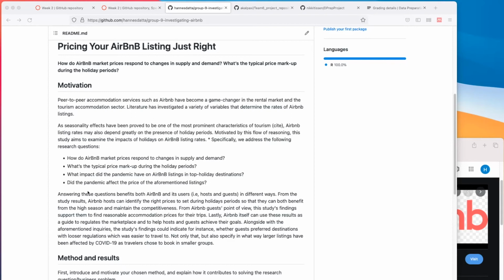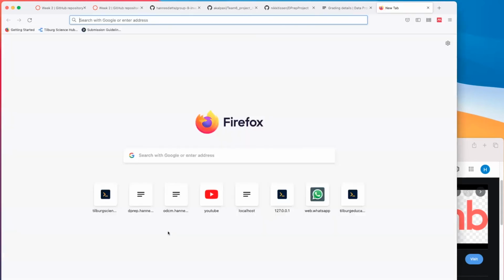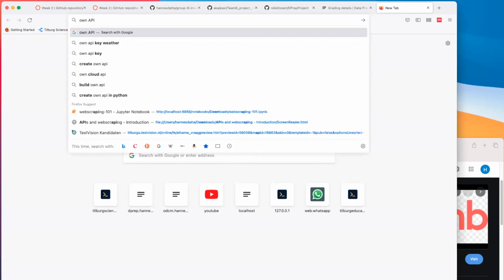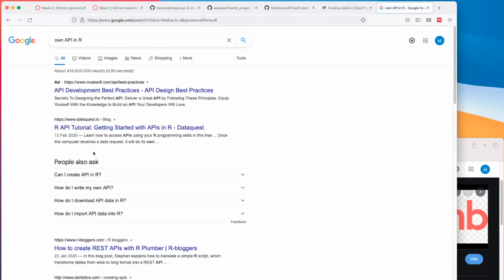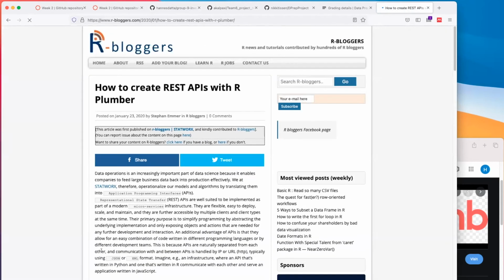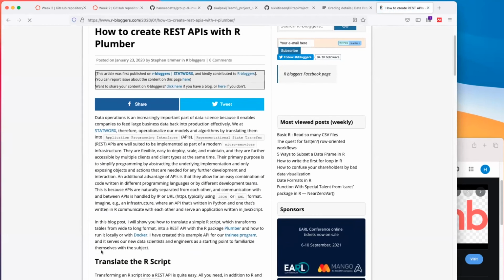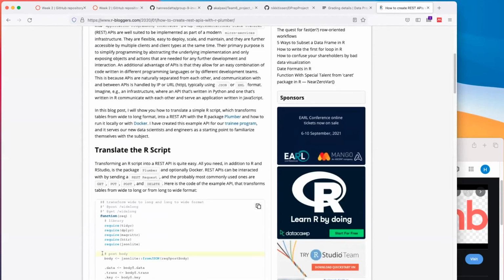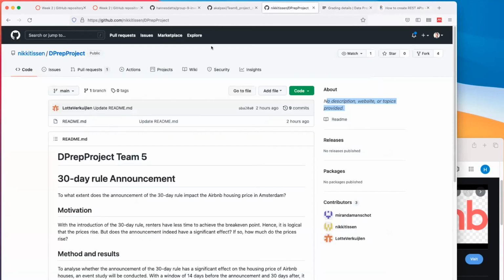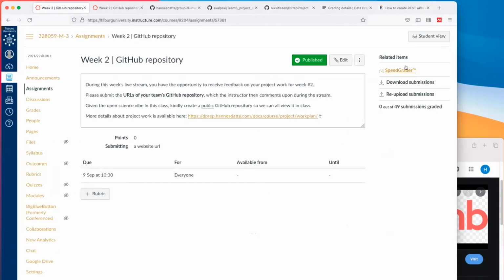You can even disclose your research results as an API. Your own API in R, because there's a package in R on how to create your own API. If you're taking online data collection and management, think like that's a cool thing, like APIs. Maybe you can wrangle inside Airbnb's data in a way that you give a city and the API returns the value for money ratio for a city. You've just built your own service. You could just launch it and see whether somebody else uses it. So think about deployment here for this project.